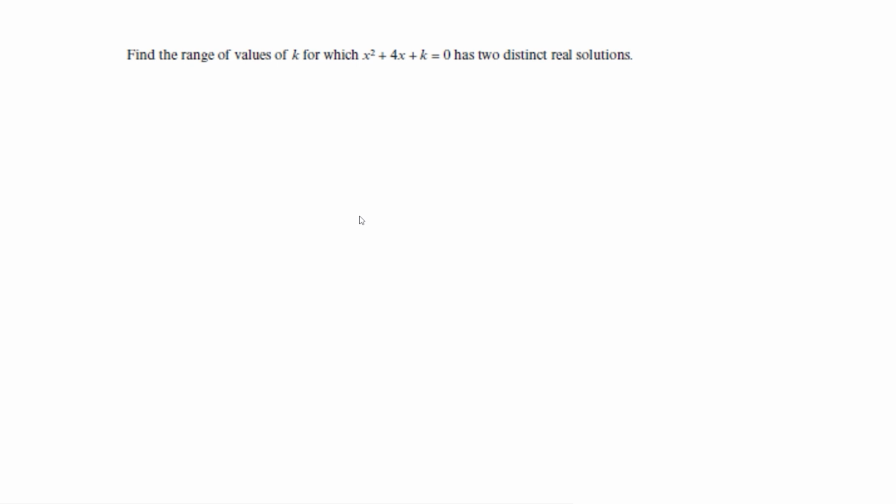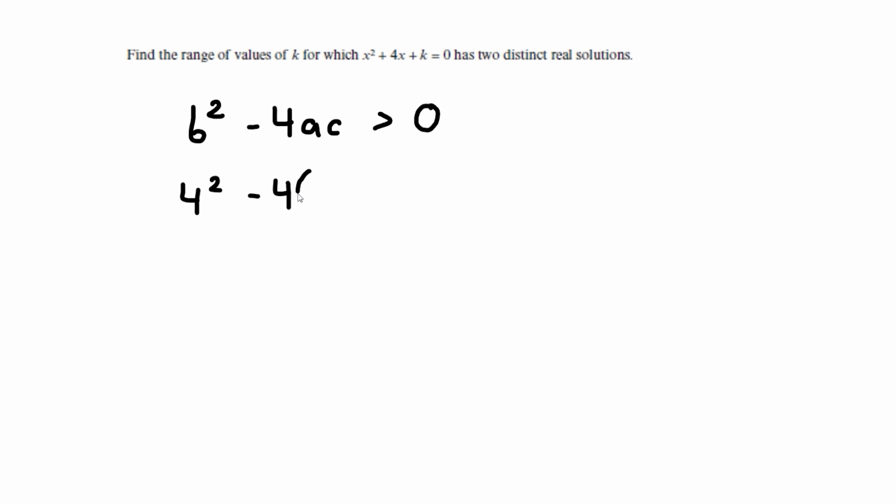So now let's look at a slightly different question. Find the range of values of k for which this quadratic has two distinct real solutions. So again, we're using the discriminant, and in this case, the discriminant must be greater than 0, because if the discriminant is a positive number, that will give us two distinct real solutions, right? So we're looking for when it's greater than 0. So let's sub in our b, a, and c. So b is 4, so we've got 4 squared